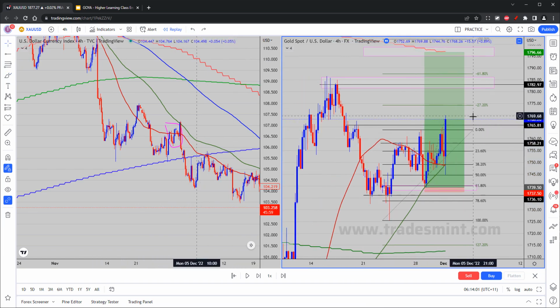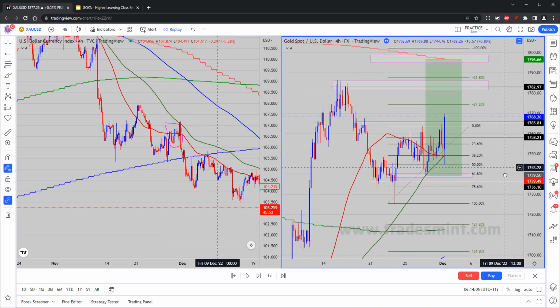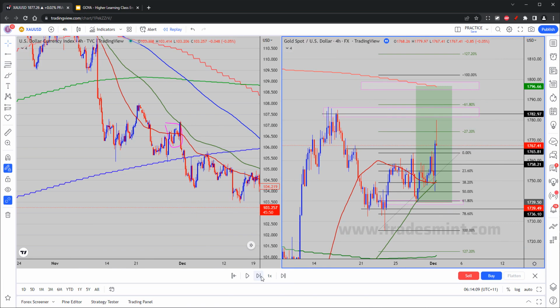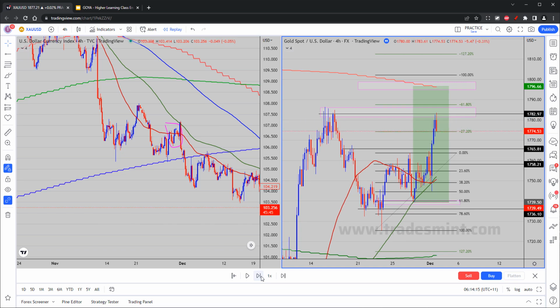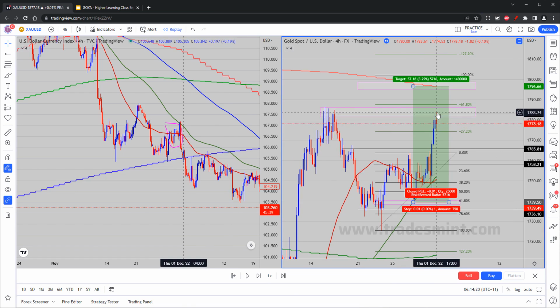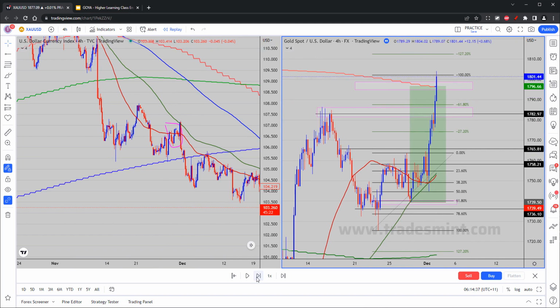So now that we have broken the resistance here, stop loss break even straight away, so risk free. And then if we see what happens next, we are getting near our resistance. Okay, so we touch our resistance here. We have a small reaction, but it's not a heavy reaction. So I'm gonna wait for the next candle to decide if I close my trade at this moment. So okay, boom, resistance broken, minus 61, because we adjusted the fib, is now a bit higher, has been broken as well. And then finally we get to our take profit 1800, but we exited at